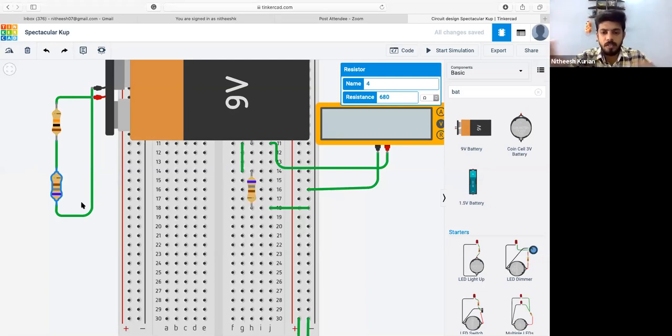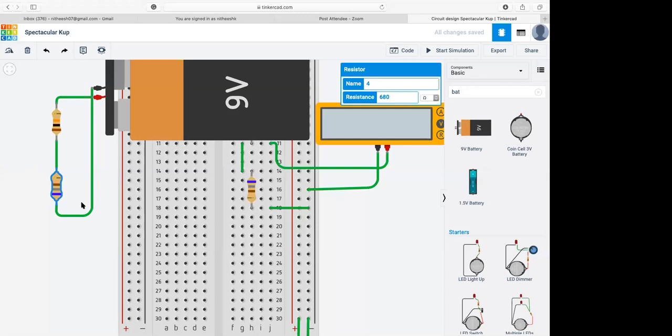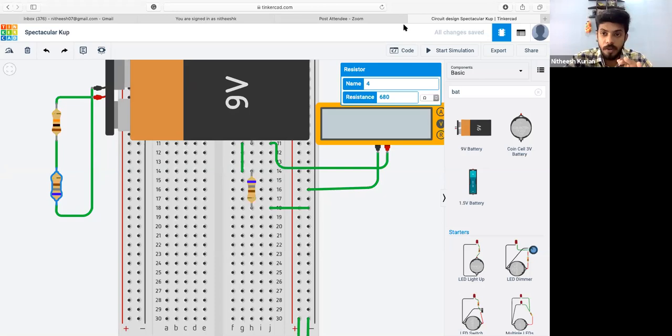When you connect n resistors in series combination, what should be the current flowing through the resistors? Whether it is same or different? Current will be same, voltage will differ. Very good. So voltage should be different, right? So voltage across 10 kilo ohm, and we have to find out the voltage across 680 ohm.